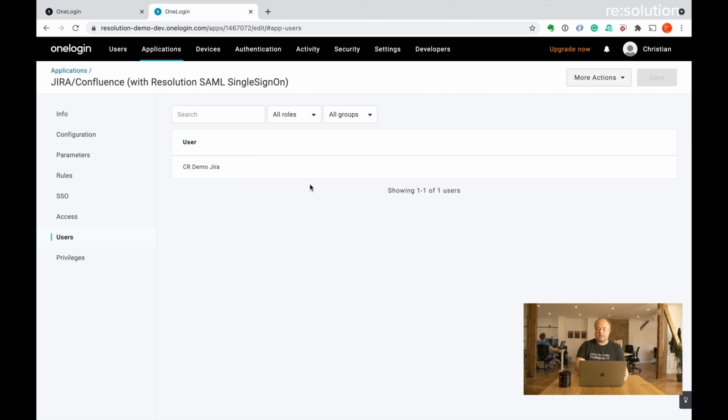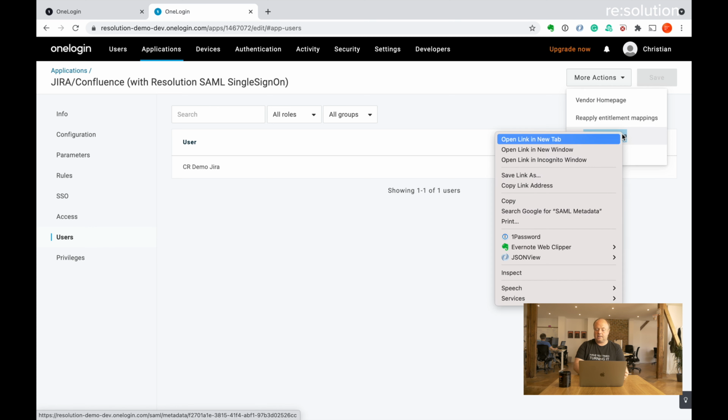Right, that's pretty much everything we need to do on OneLogin. There's one last thing. This is the SAML metadata. Let's right-click that and copy link address. The SAML metadata contains a lot of information about the identity provider. So instead of copying and pasting that into our plugin, the easiest way is to use that URL